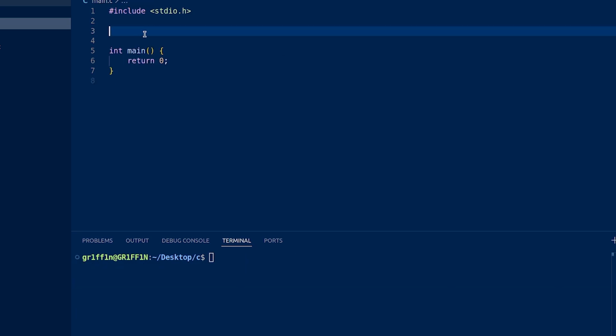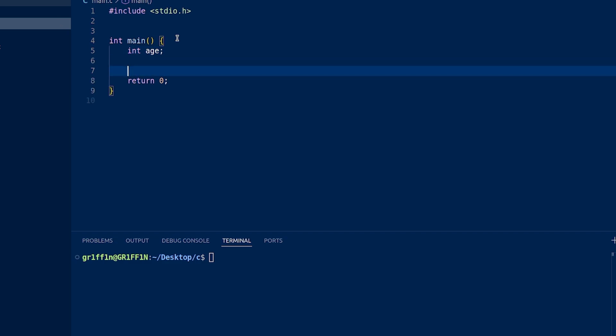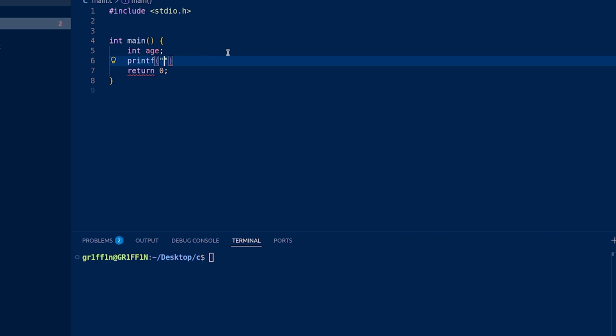Right, and the last example I'm going to show you is how to write an if statement in C, for example, to ask their age to see if they can drive or whatever. So what we need to do is ask the user for their age, right? We're going to specify int age, and let's finish that. Then we just need to ask the user. Now remember that we can't directly ask the user and scan for the input on the same line. So we need to display two different lines. So we're going to do printf "Please enter your age: ";